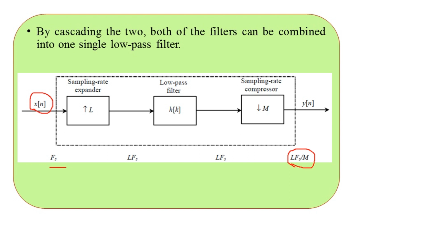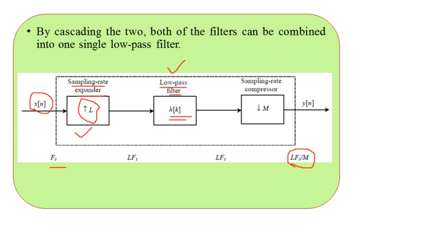So inside the outline, here we have only 3 blocks instead of 4. Here we have the interpolation and then the decimation. Of course the sampling rate expander is the first block, as in practical interpolation, where the integer interpolation factor capital L is utilized as the first block for processing. Then we have the low pass filter represented by the filter function h of k here. So this is the combination of the anti-imaging filter as well as the anti-aliasing filter.